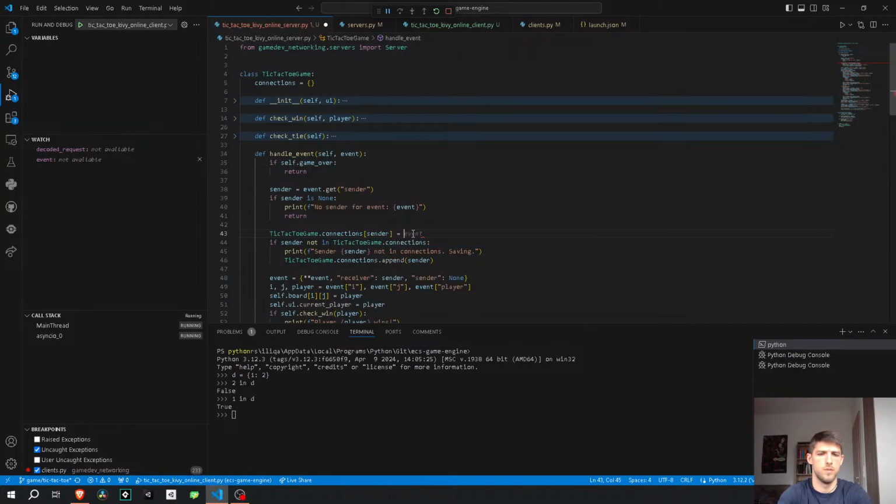Sender equals a dictionary of, well, and it should be for example X and whatever. Or this can be username or whatever. But that's okay either way. But is this what I want? Because